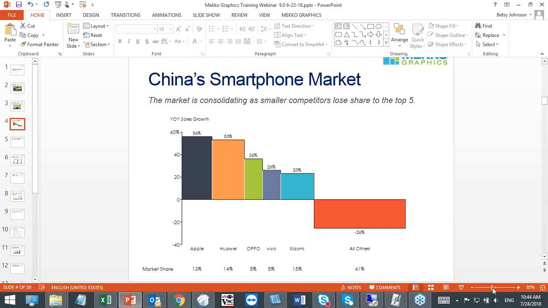This chart also shows a data row here at the bottom of the chart, which represents the width of the bar and is considered a best practice in a Marimekko chart. We actually have a great post on our website called Why You Should Use a Marimekko. So if you're interested in this and want to use Marimekkos more, I encourage you to go ahead and check that out. All right, so